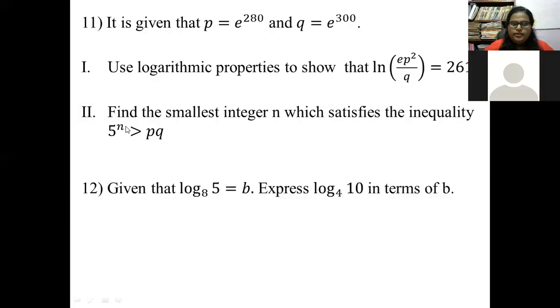In the question it is asking for the smallest positive value, right? So let me show the question again. Here, find the smallest integer n which satisfies this inequality. We have already solved this inequality, and we have got the value n greater than 360.37. So in the question it is asked n should be greater than this value. So the smallest positive value for n should be